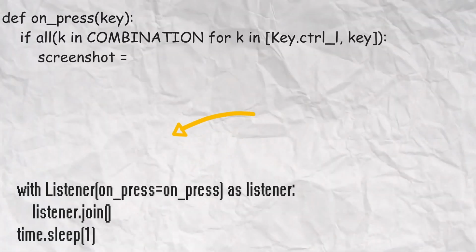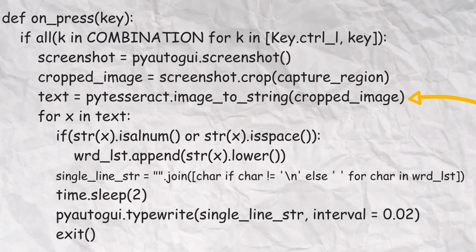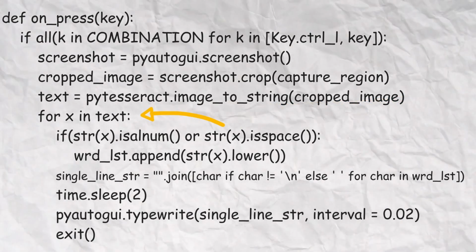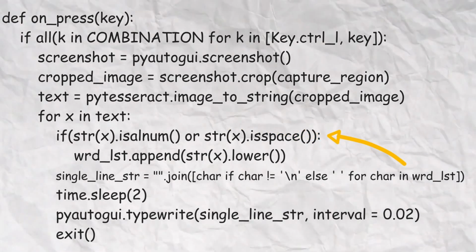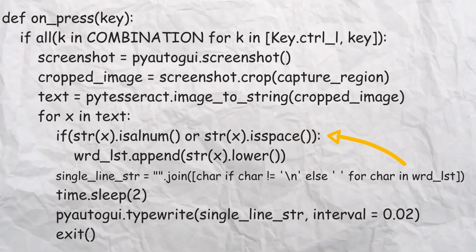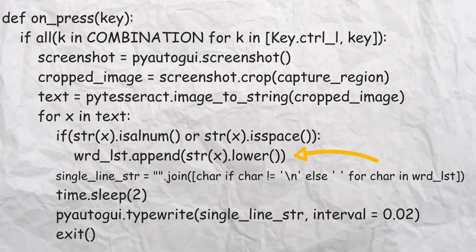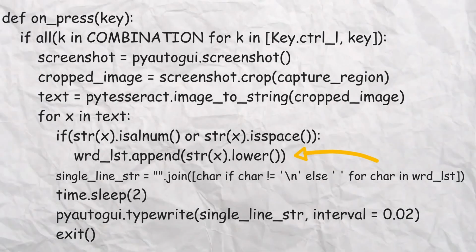Inside the function, I take the screenshot and feed it to Tesseract, which extracts the text from the image and puts it in a variable. I then iterate through all the text letters and check if the letters are alphanumeric or white spaces. If not, we do not allow the letters to pass through. Then we append each verified letter, white spaces and new line characters to an empty list which would then contain